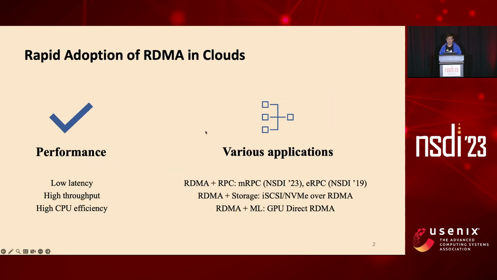Today, we have witnessed the rapid adoption of RDMA in cloud. The kernel bypass and hardware offloading features enable RDMA to achieve low latency, high throughput, and high CPU efficiency. And people use RDMA almost everywhere in the cloud to get its benefits. So given the success of RDMA deployment, cloud providers naturally want to push RDMA to public